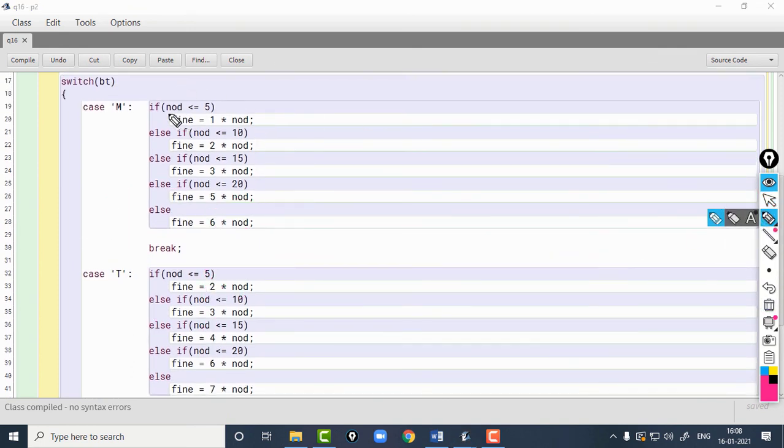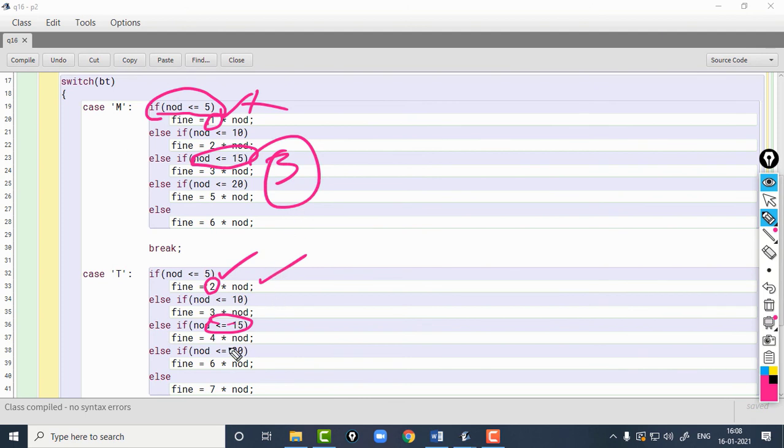For example, if number of days is less than or equal to 5, then the fine will not be rupee 1 per day, it will be rupees 2 per day. So that is why it is 2 into number of days. Similarly, if number of days is less than or equal to 15, the fine will not be 3 per day, it will be rupees 4 per day. So I am multiplying 4 into NOD, number of days.